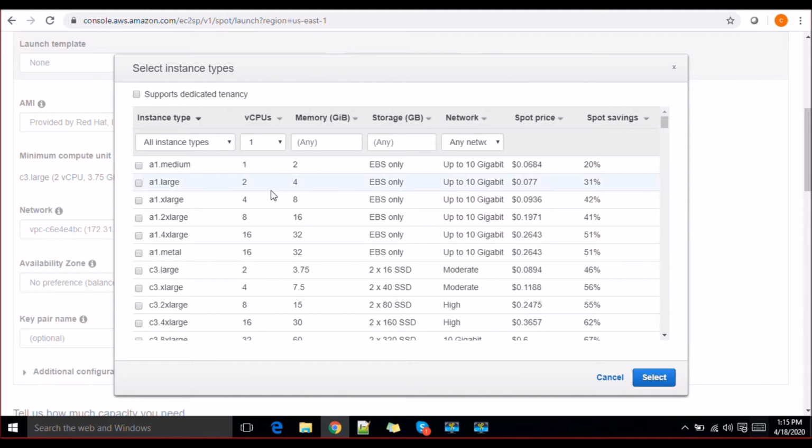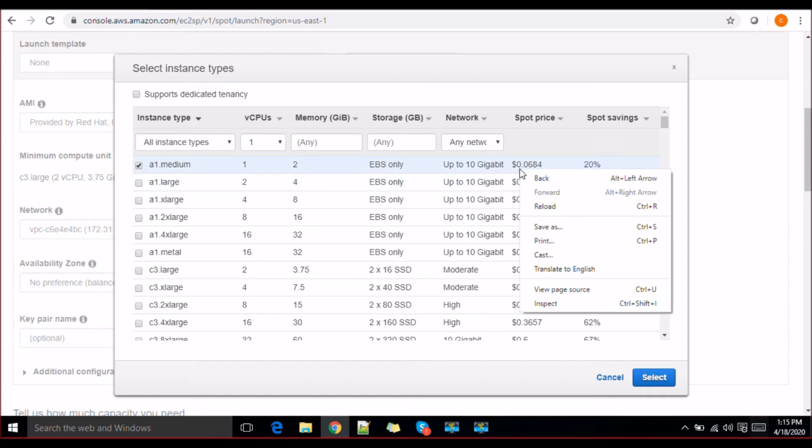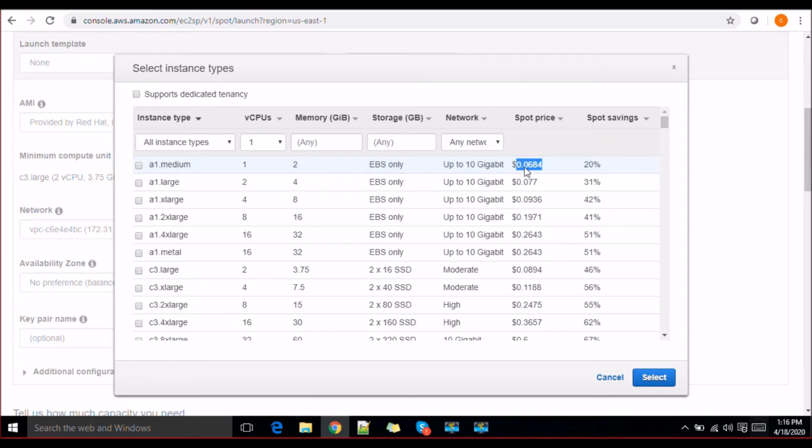And if you see A1, it has 1 CPU, 2 GB of memory, and you are getting 20% spot saving on this. And this is the spot price. And if you compare this price with A1 medium, that will be 70-80% above,